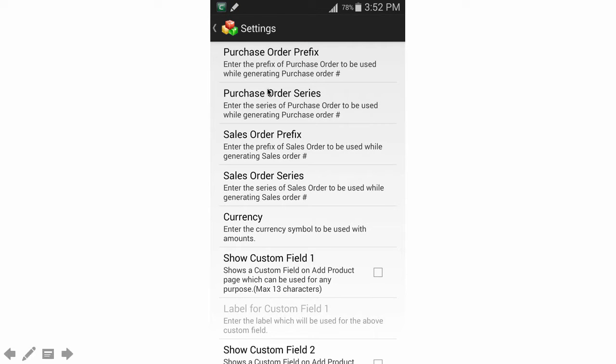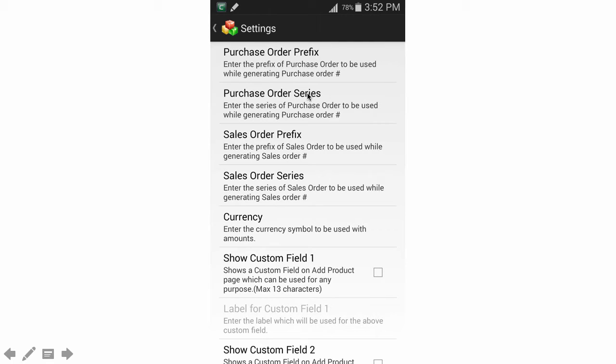Before that, let's understand purchase order prefix and purchase order series. You can go to the settings and manage your purchase order prefix and your purchase order series. Purchase order prefix is something that doesn't change when you add a new purchase order. For example, for your organization, you may use PUR as a purchase order prefix. Series gives you a running number that will be auto incremented. For example, 001 is something that you can use as a series. So whenever you add a next purchase order, your next number will be